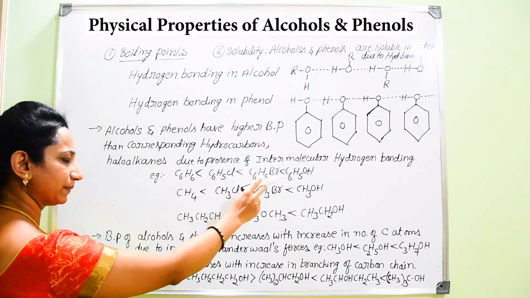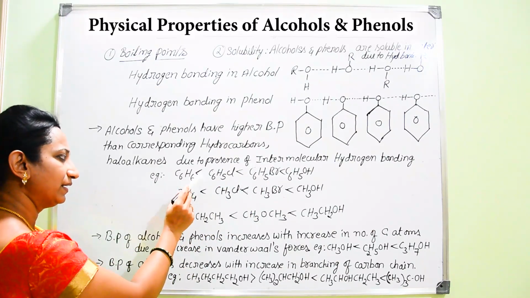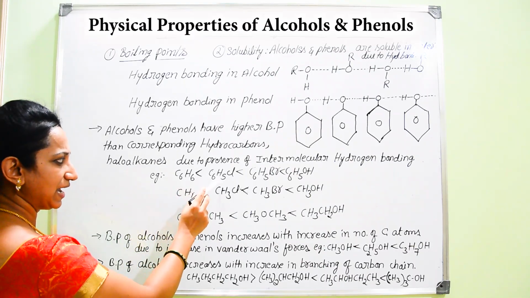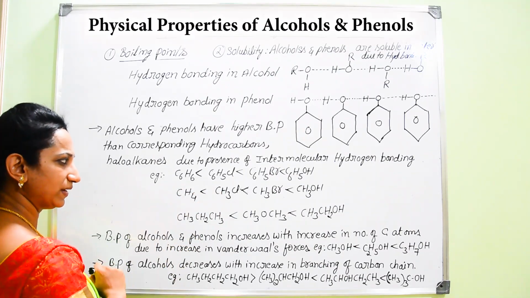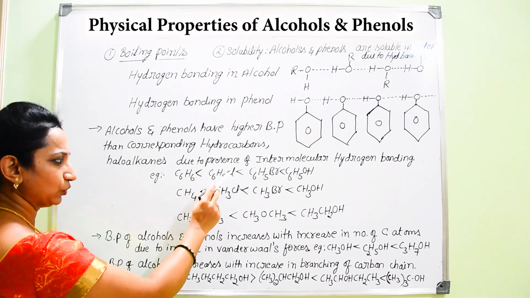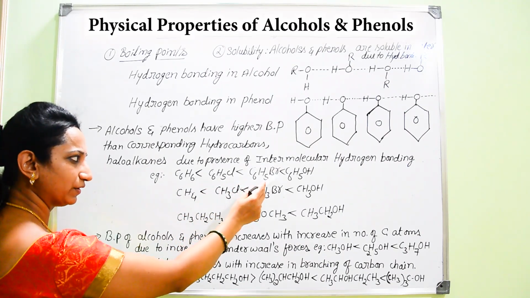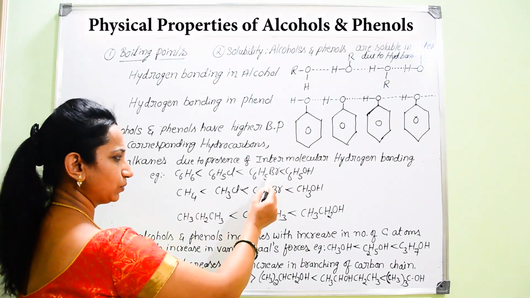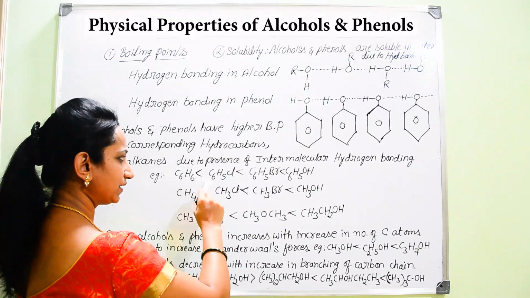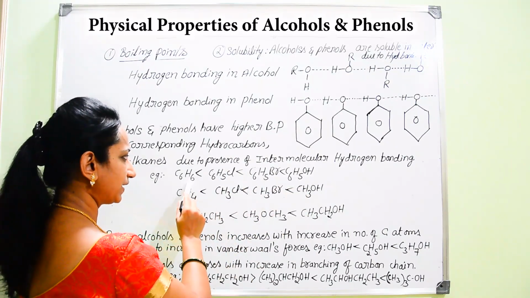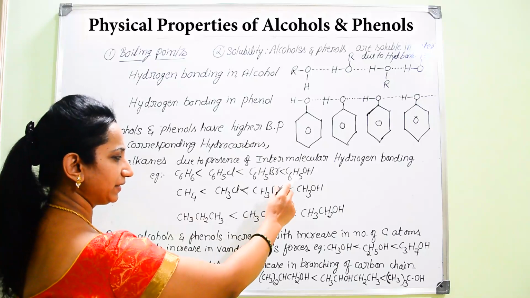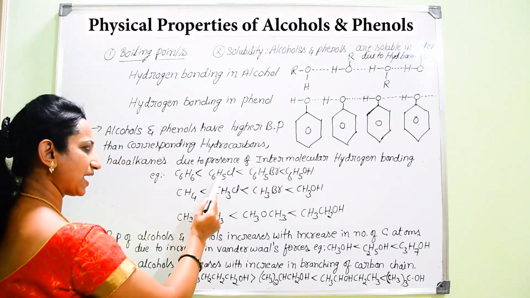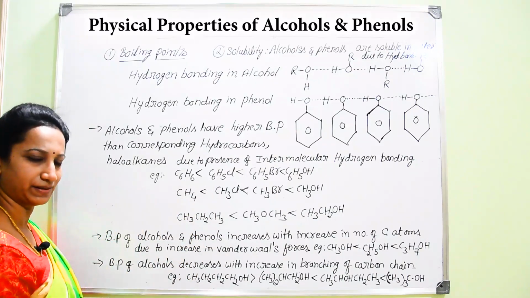What order can we represent here? Here we have used the lesser than symbol. The boiling point of benzene is lesser than that of C6H5Cl, chlorobenzene. The boiling point of chlorobenzene is lesser than the boiling point of bromobenzene. The boiling point of phenol is lesser than bromophenol. That means it is in increasing order, starting from benzene to phenol. That ultimately shows that phenol has a higher boiling point compared to these haloarenes and the hydrocarbon.